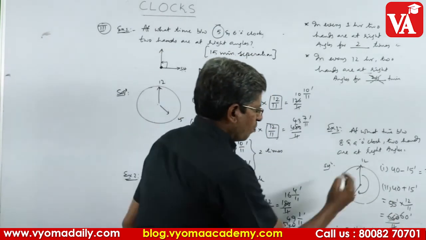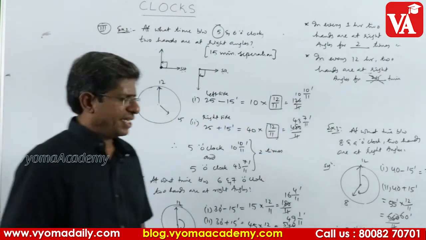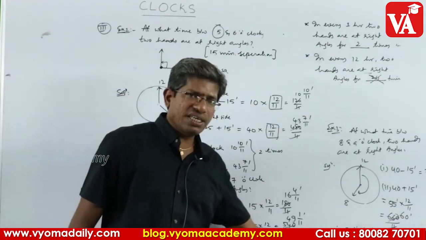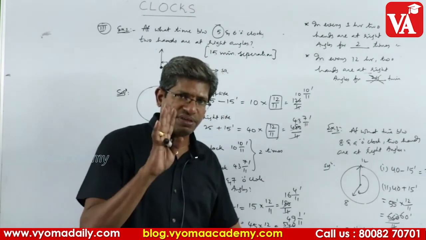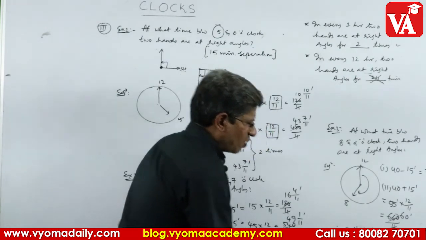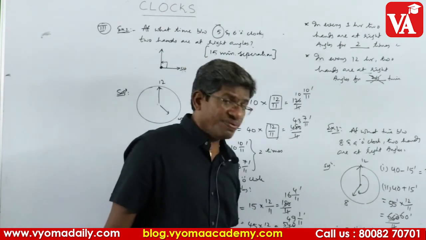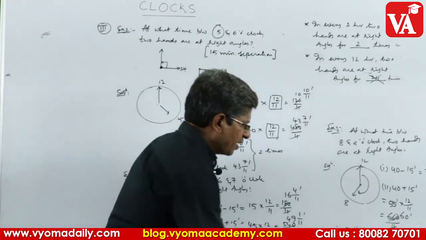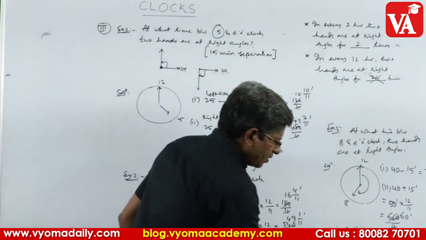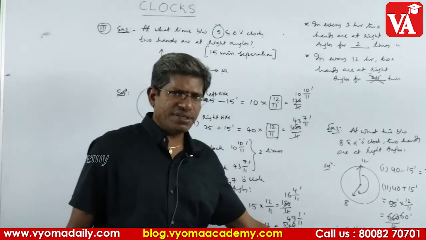See now what you are expecting here between 8 and 10. Between 8 and 9, if you follow these examples, you must get 2 answers. Between 9 and 10 also you must get 2 answers. 2 plus 2, you must get 4 times, between 8 and 10. But between 8 and 9 we got one answer. What is that one answer? 8 o'clock 27 3 by 11 minutes. That one answer we already got between 8 and 9, and the next one we get exactly on 9. Similarly you get only one time between 9 and 10.